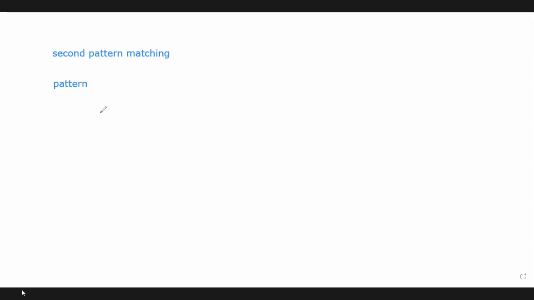And from that table, we can use any text for testing whether this pattern belongs to the text or not. So suppose a pattern P is given, P equals AABA, and we don't know the content of the text. What is the length of the pattern? The length is 4, right? So for this 4-length pattern, we can create a table.